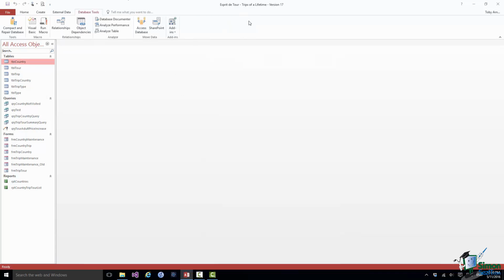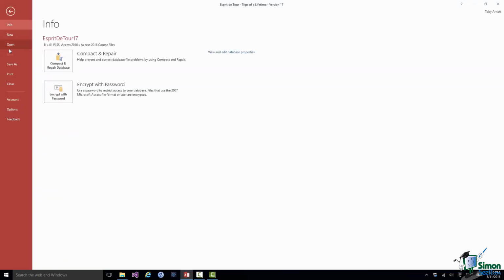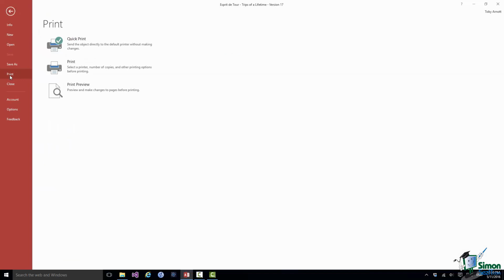Also, let me just close that print preview. If you go into Backstage View, there is a print option, and the print option basically gives you three options. There's a quick print option that sends the object that's currently selected directly to the default printer without making changes. So if I click that now, it will just send the country print that you've seen just now directly to